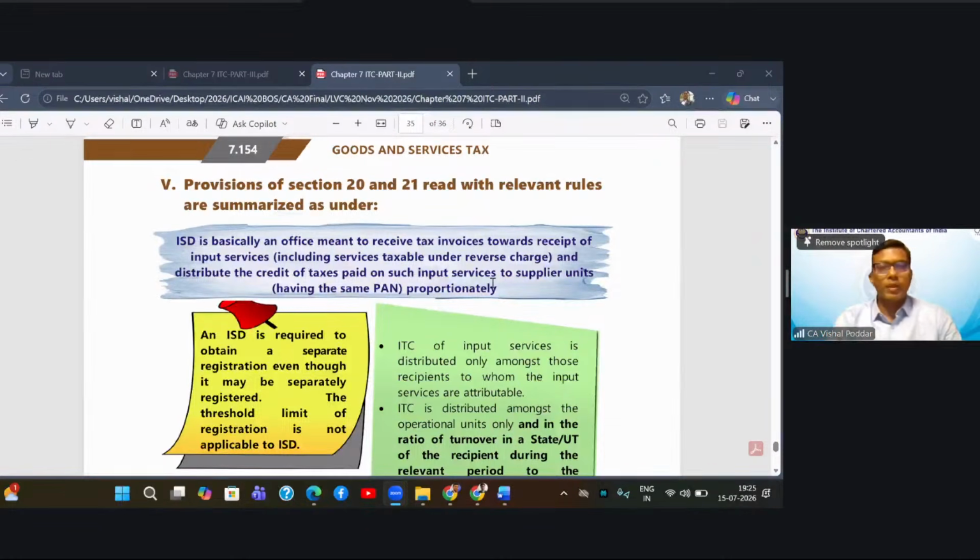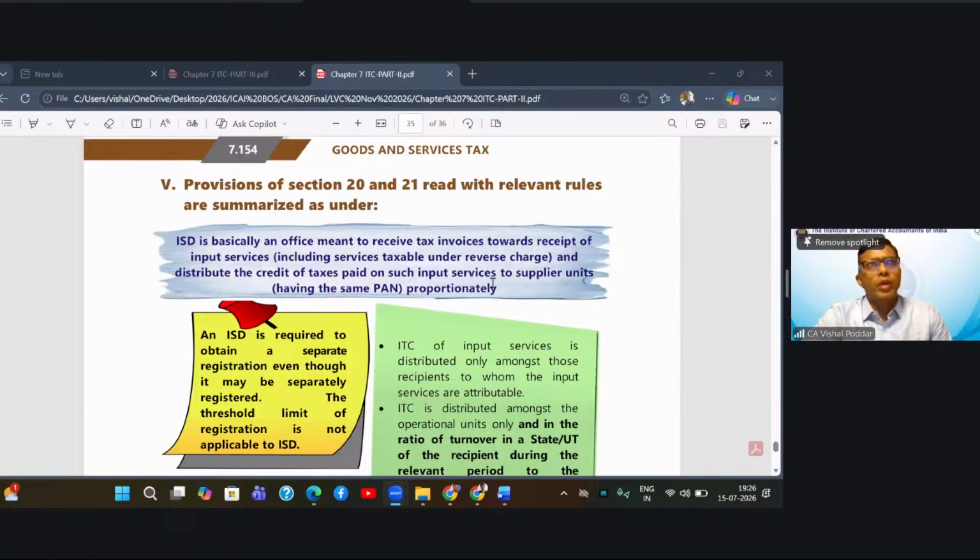Now, what is this ISD concept? See, students, this concept comes wherever an entity has multiple branches and multiple registration. So, same example, I have multiple branches, maybe in the same state or in different states, and for them, I have different registration. Now, visualize this that you are a big corporate, like let us say Tata's,